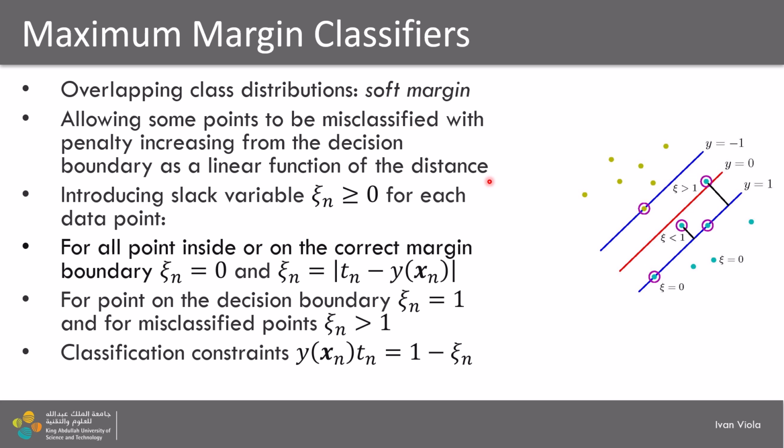However, it will be penalized, and it will be penalized with a penalizing term that will be basically proportional to the distance from the decision boundary. So it will be a linear function of the distance. And for this purpose, we will introduce new slack variables, ξn, which will be bigger or equal to 0 for each data point. So in addition to what we currently have